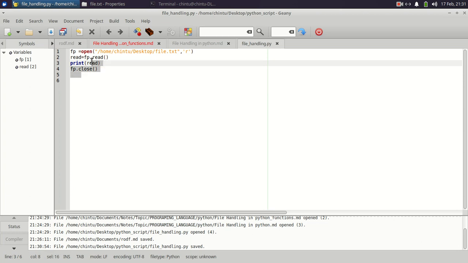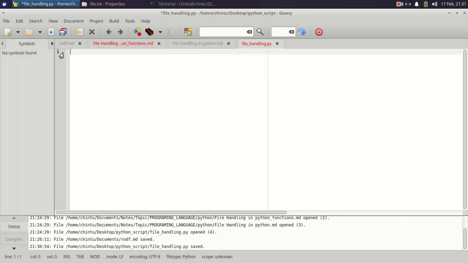Now we can use the with keyword. When we use the with keyword, we don't need to close the file. Here is the open function, then our file name with the file location, and we are opening it to read.